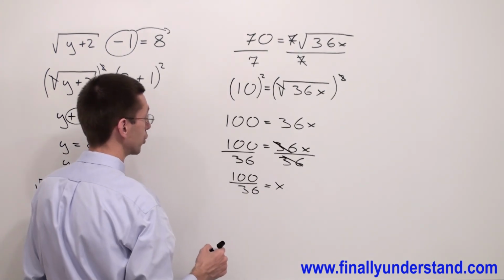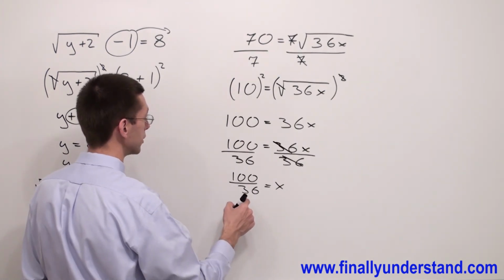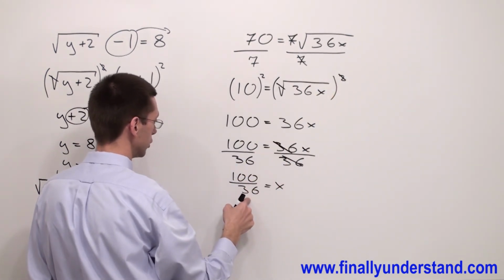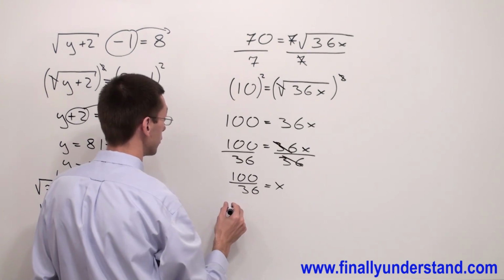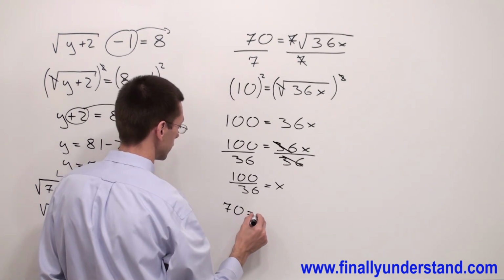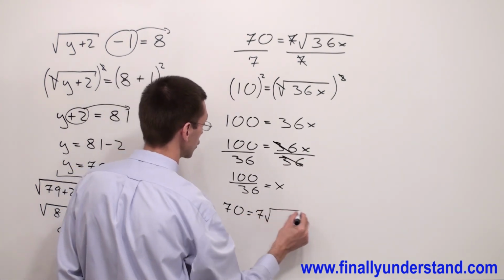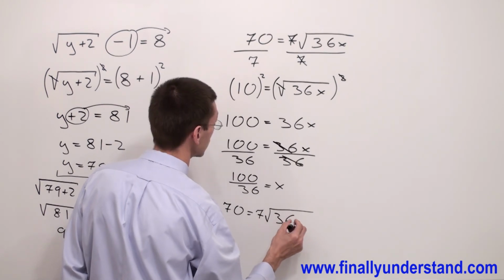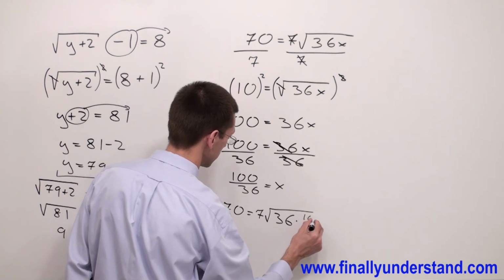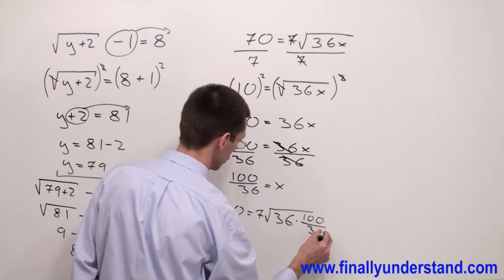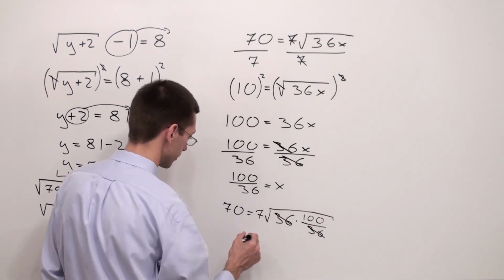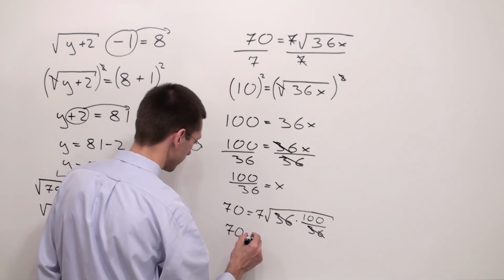Let's check if this is the correct answer. I'm going to replace x in my original equation by 100 over 36. I have 70 equals 7 times square root of 36 times 100 over 36. 36 and 36 will cancel out, and I have 70 equals